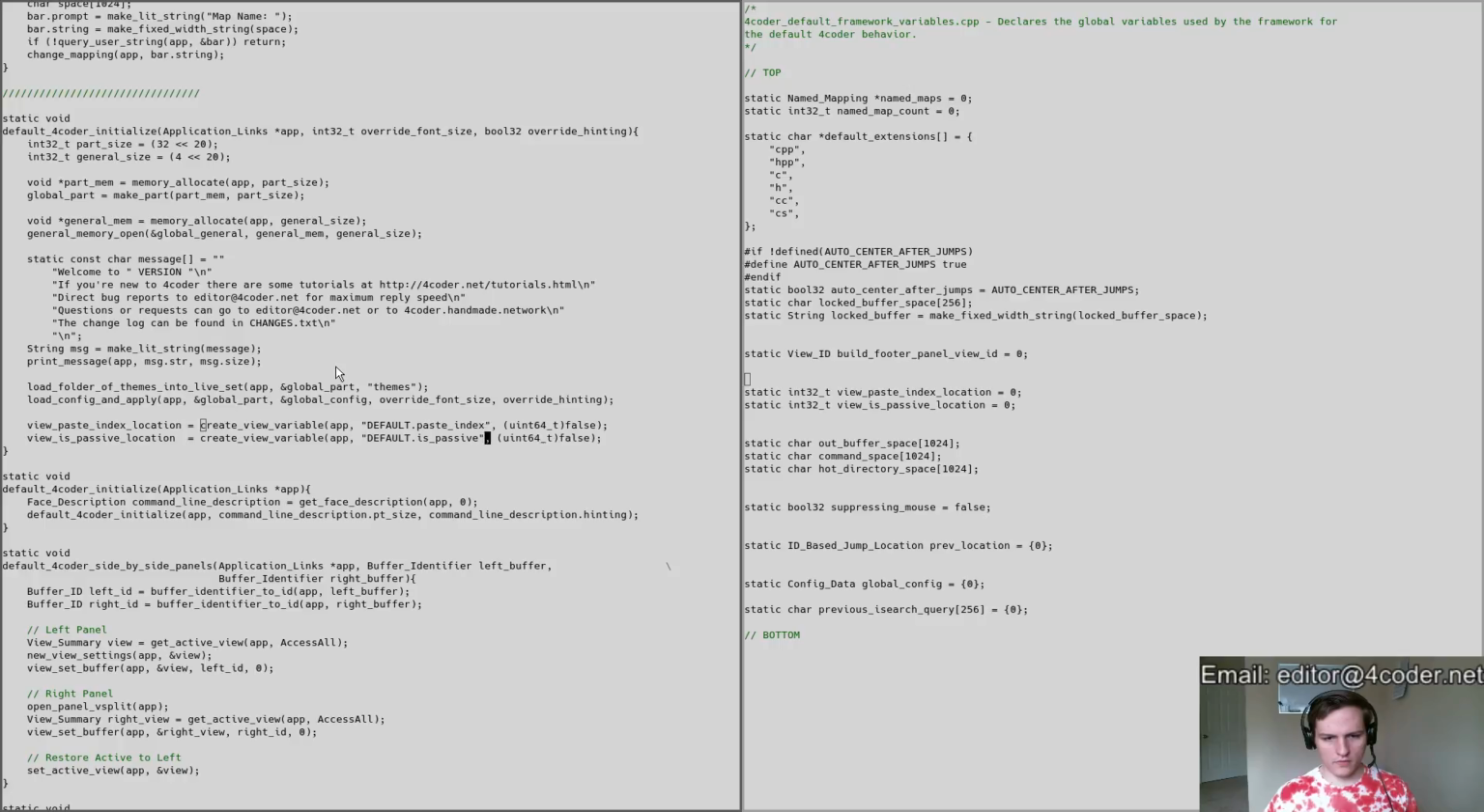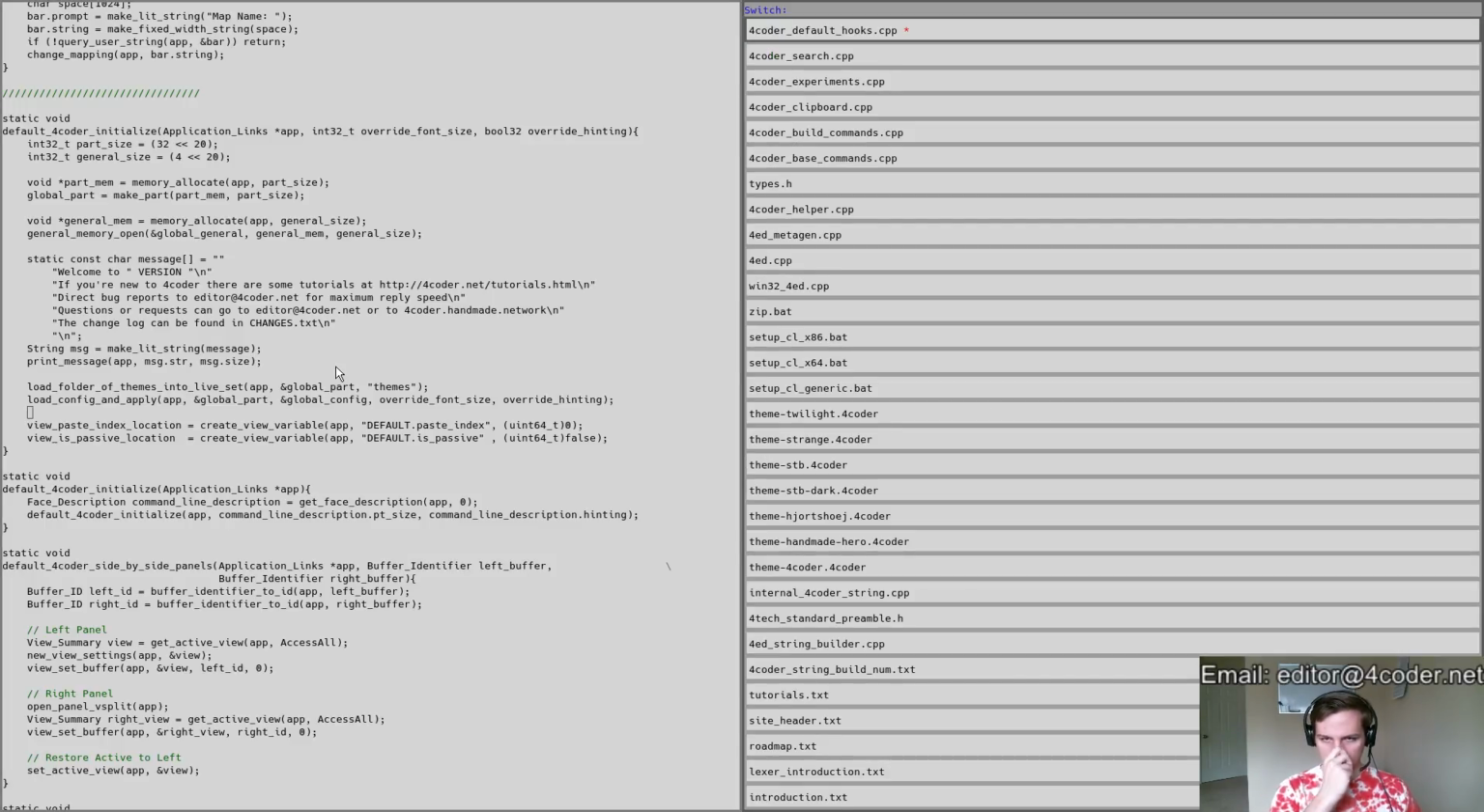Paste index, and that'll have a default value of 0. Okay, so we need to be able to create new variables, and then if I go down to